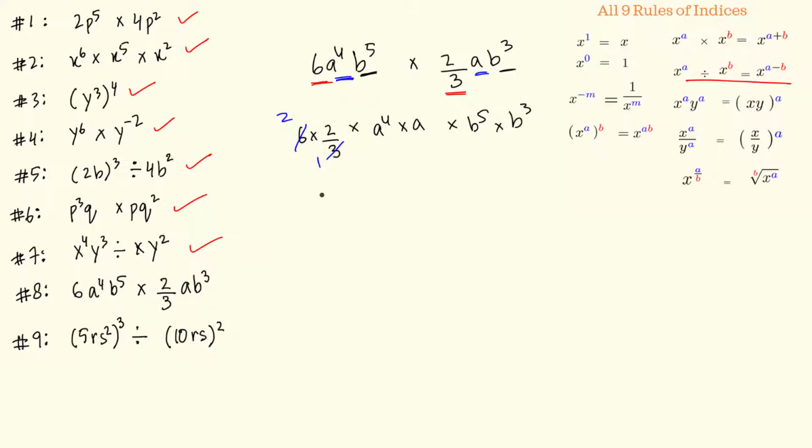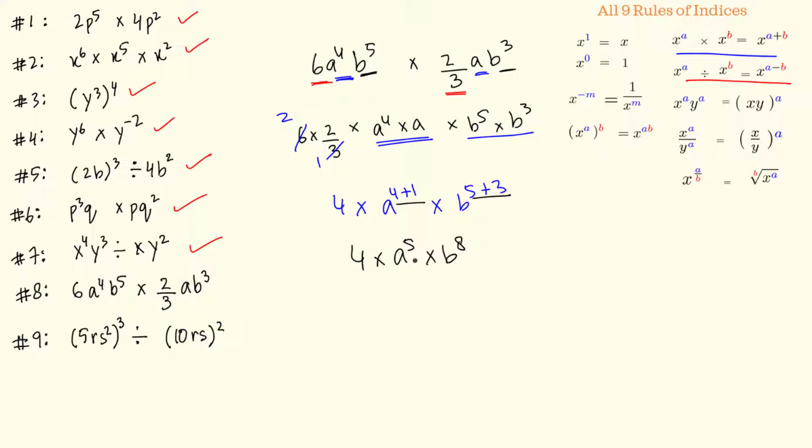So I can write this as 4 times, and for a to the 4 times a, I'm going to use this rule. Bases are same and they are getting multiplied, so I'm going to add the powers. So this is a to the 4 plus 1, and similarly over here the bases are same and terms are getting multiplied. So over here I'll write b to the 5 plus 3. 4 plus 1 is 5, so this is a to the 5 over here, and 5 plus 3 is 8, so there is a b to the 8 over here and 4 over here. And the multiplication of all of these is going to be 4a to the 5 times b to the 8. This is my answer.